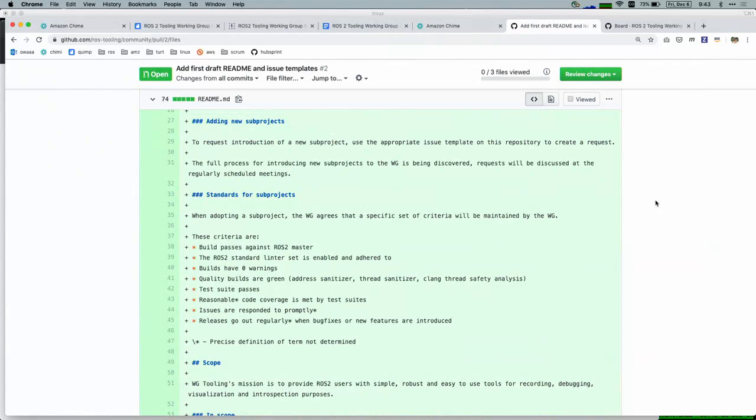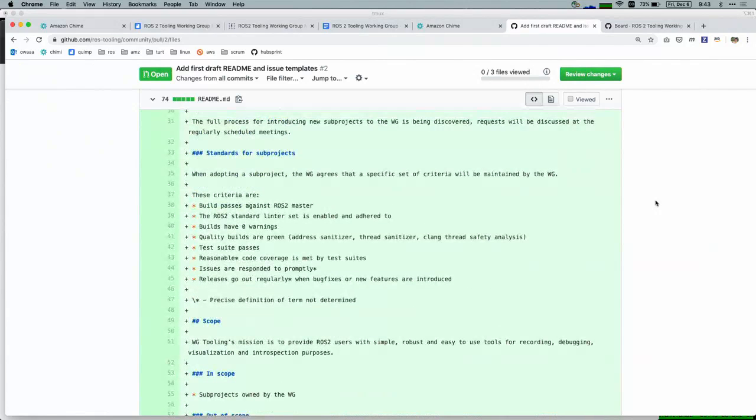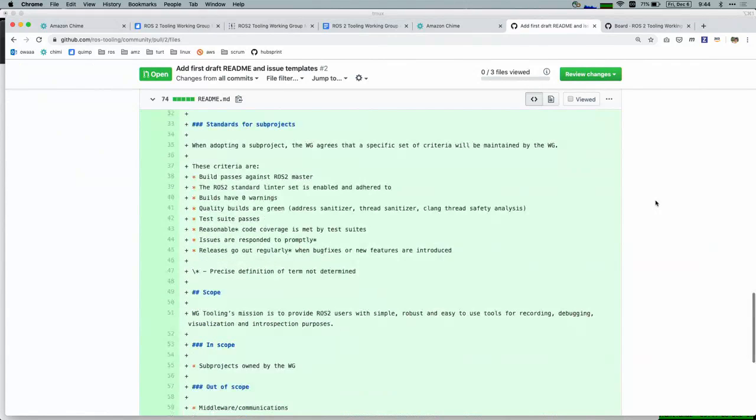Makes sense. Okay. And then I've tried to define here a list of standards for subprojects, because if we're a working group and we dedicate time to this, we need to have some sort of promise that we're making if we have a project here. I think it's not worth this being a dump of things that people think are cool, because personal GitHub accounts or separate organizations are perfectly acceptable for that. If we're going to work on a project here, we need to meet some set of standards that we agree on. I've taken a first draft at a list here, which is that the build passes against the current master of ROS 2,